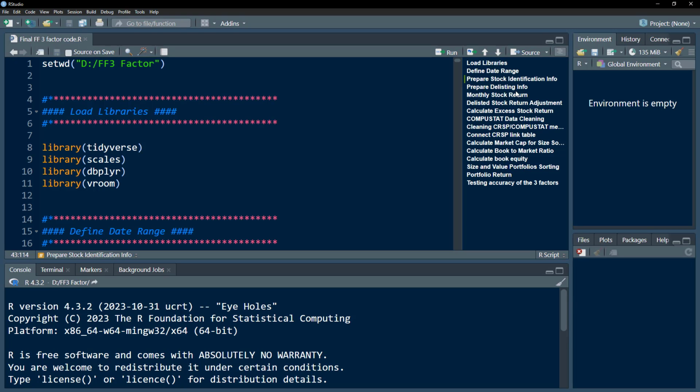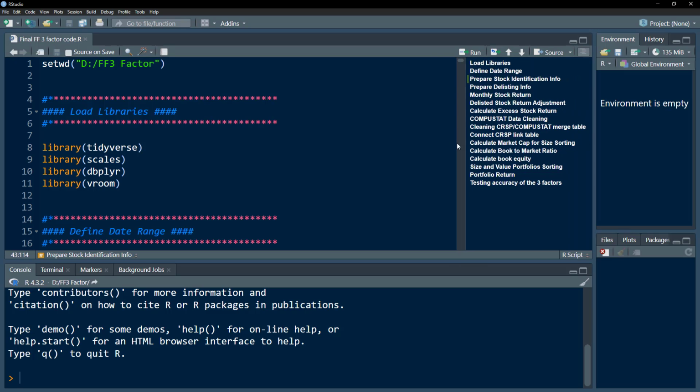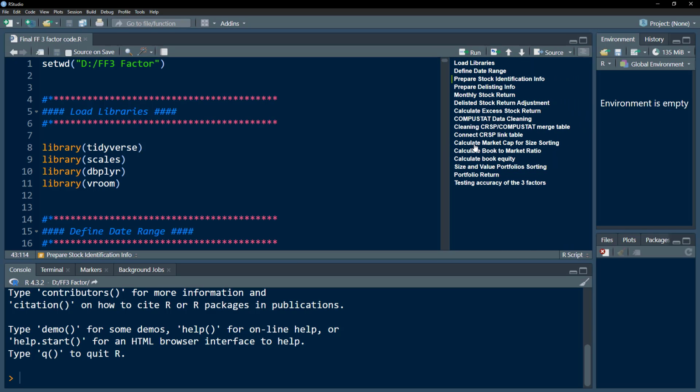We would prepare the monthly stock return file, then adjust our returns for the delisted stock returns, calculate the excess return, prepare the CompuStat data file, and link the CRSP and CompuStat data using the CRSP-CompuStat merge table. Then we are going to create the size sorting, using the market cap for size sorting, then calculate the book-to-market ratio. We are going to construct the size and value portfolios, calculate the portfolio returns, and lastly, we are going to